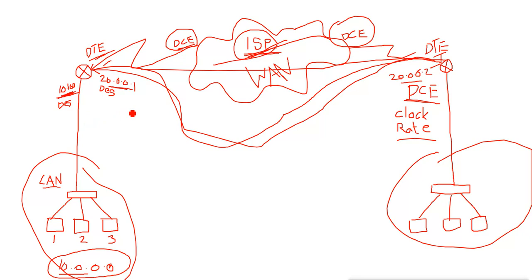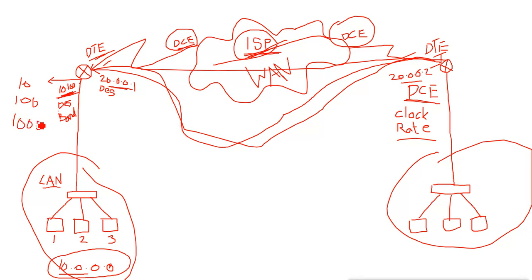Then you can also manage the bandwidth of your interface. That means you can increase or decrease the bandwidth of your interface. Bandwidth means how much speed you are getting. For the LAN network, mostly you have an Ethernet interface, which is 10 Mbps. Then you can have Fast Ethernet, which is 100 Mbps, or you can have a Gigabit interface that can go up to 1 Gbps, 1000 Mbps.